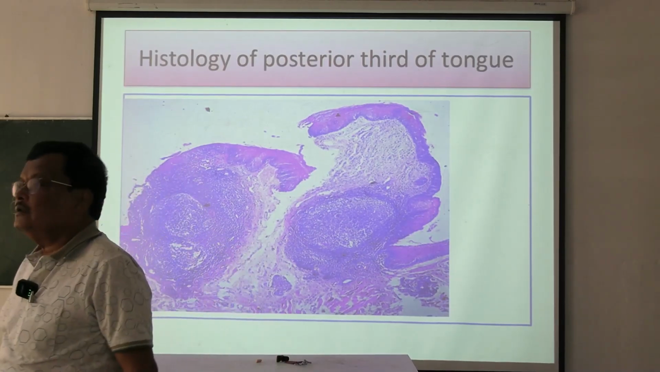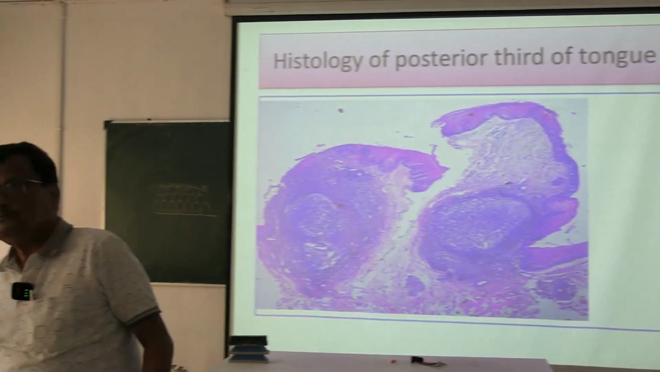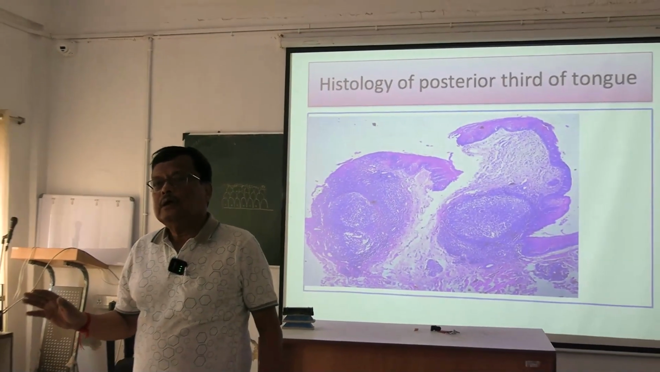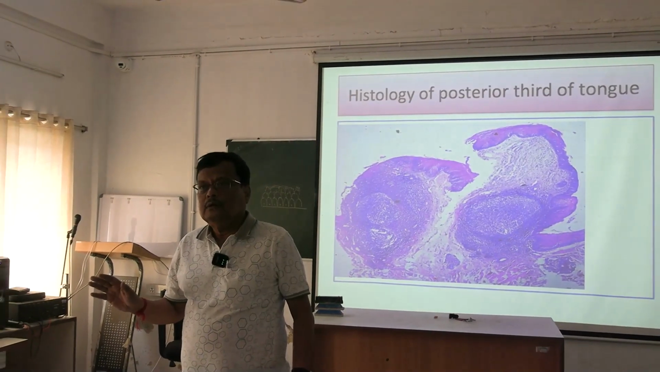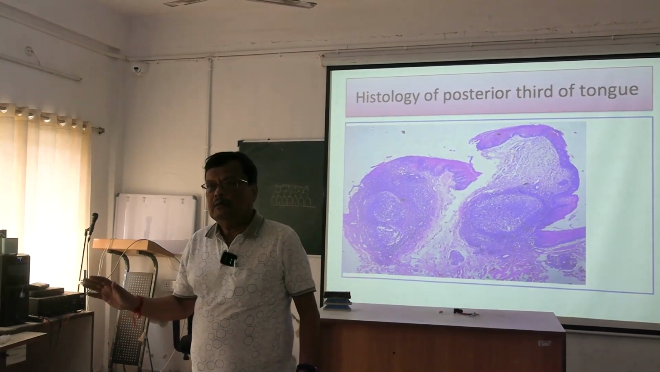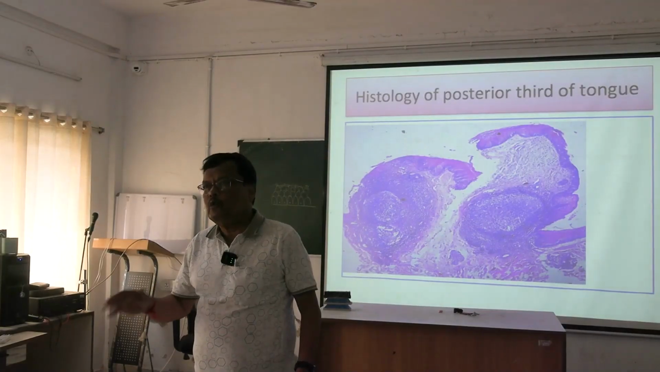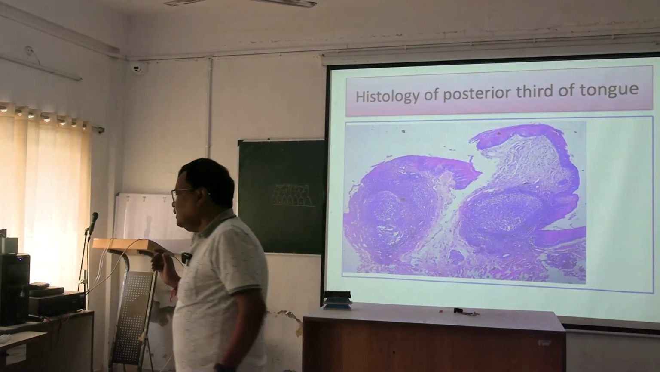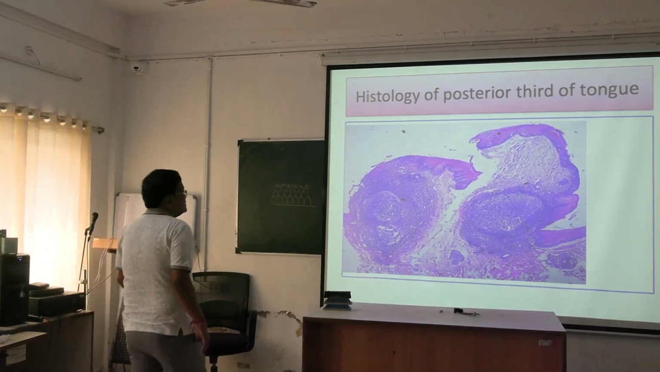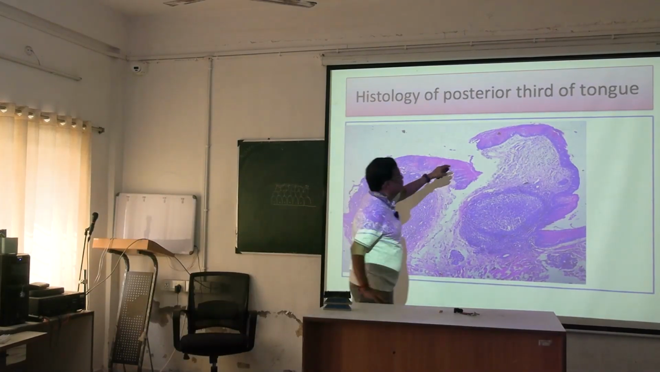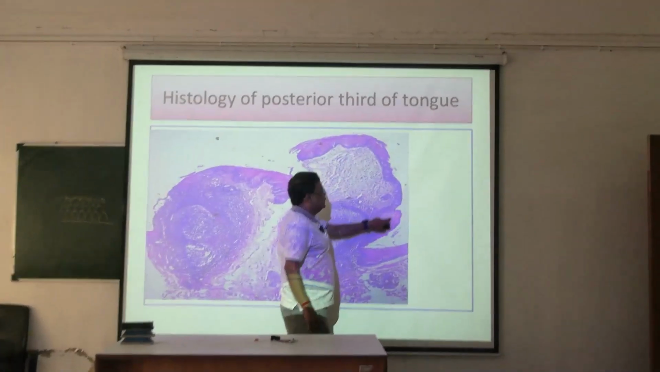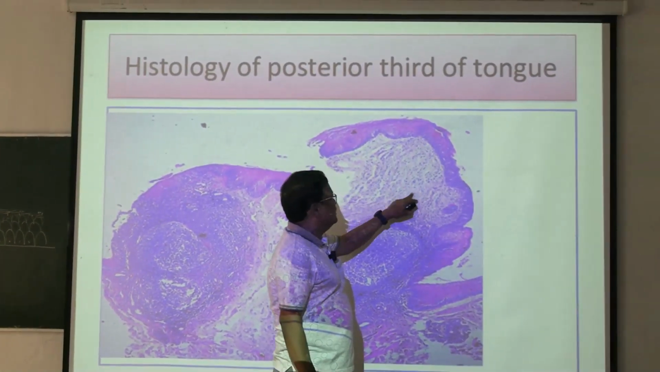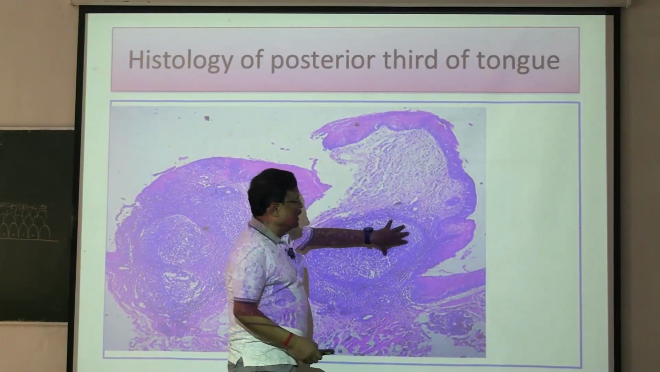Posterior 1/3 of the tongue, there is no taste bud. No papilla. Taste bud no papilla. There is no papilla. Filiform, fungiform, foliate, circumvallate, there is no papilla anywhere. What is there instead? This is the surface epithelium. No papilla, I cannot see any papilla. And in the connective tissue, lamina propria and the submucosa, there is a